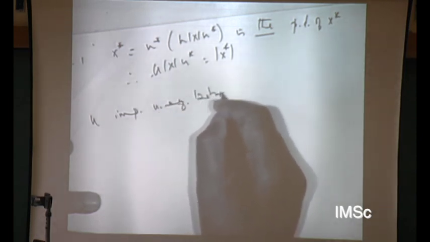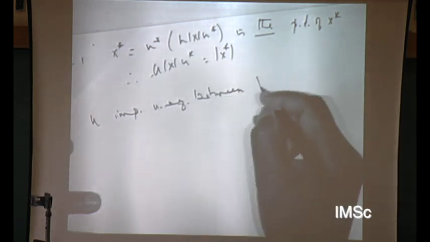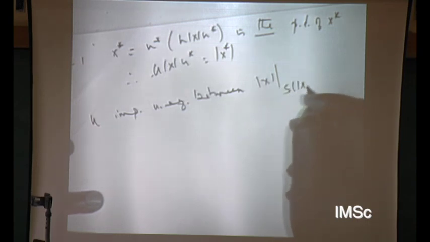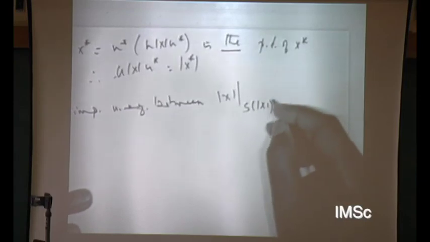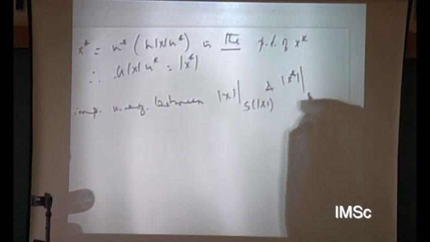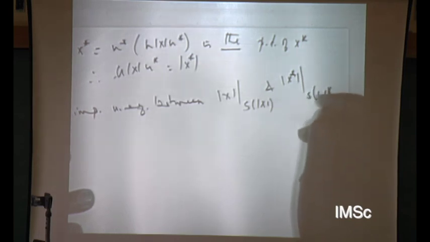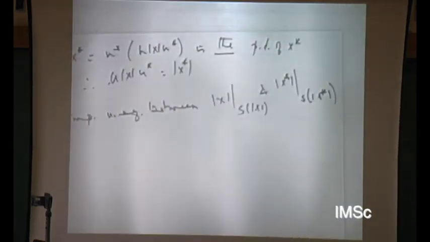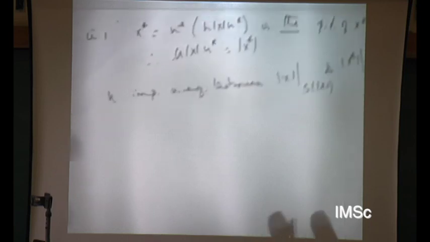between mod x restricted to its range support and mod x star. The partial isometry, when viewed appropriately, can be thought of as